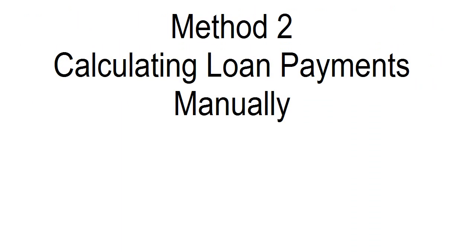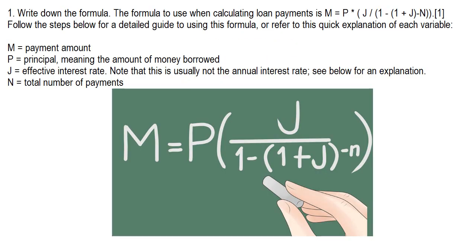Method 2. Calculating loan payments manually. 1. Write down the formula. The formula to use when calculating loan payments is M = P * (J / (1 - (1 + J)^-N)). Follow the steps below for a detailed guide to using this formula, or refer to this quick explanation